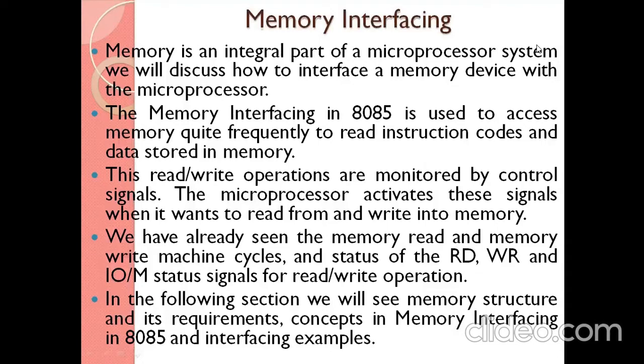There are two control signals available. One is called IO, another one is called M. These two signals are in a single pin. If the pin value is high, it will indicate it is an IO device. If the particular pin is low, it will act as a memory signal. So now we are going to go for the memory interfacing. So always this particular pin will be low. So what will happen is the memory will be easily activated.